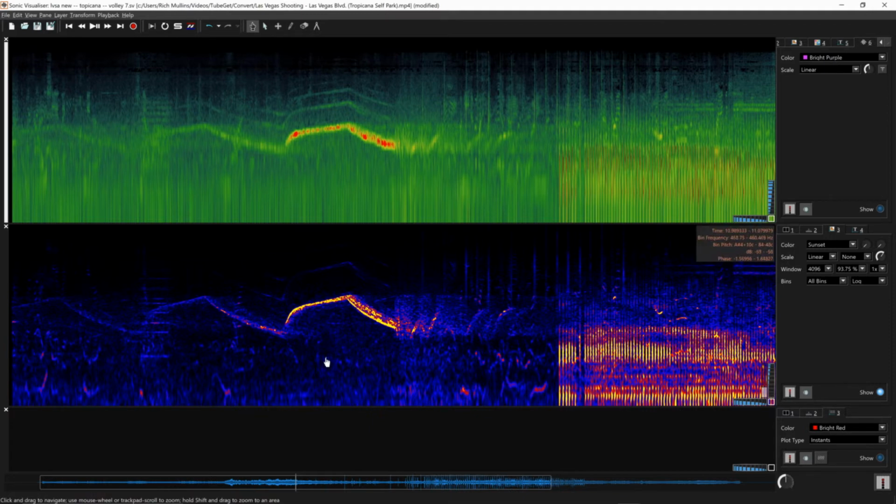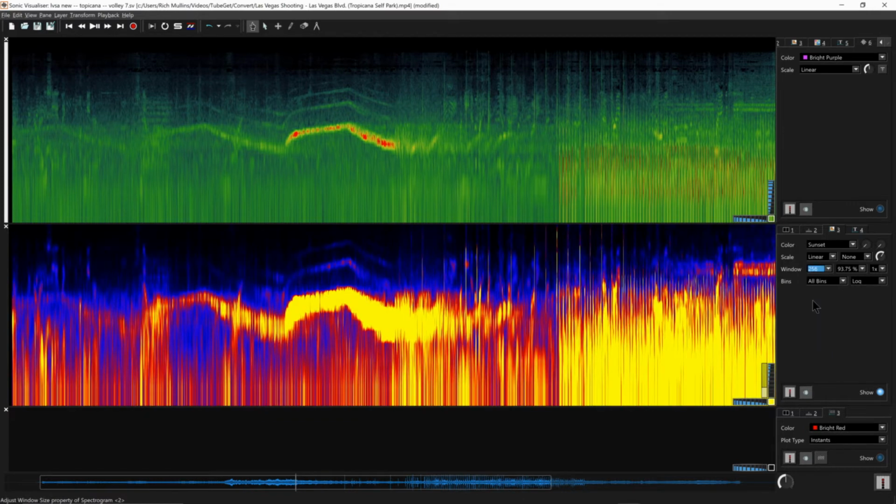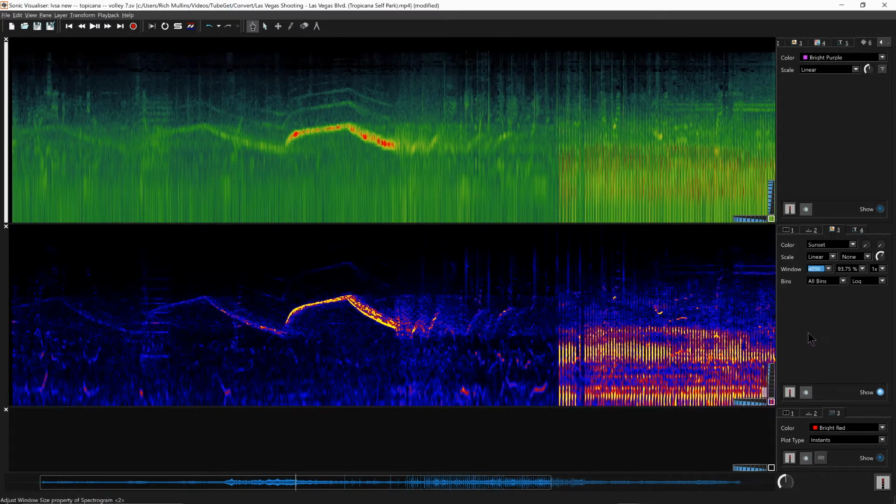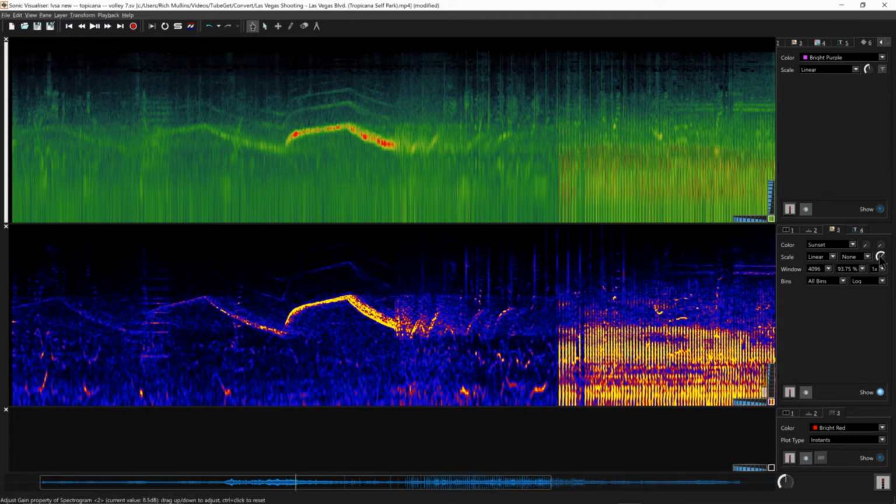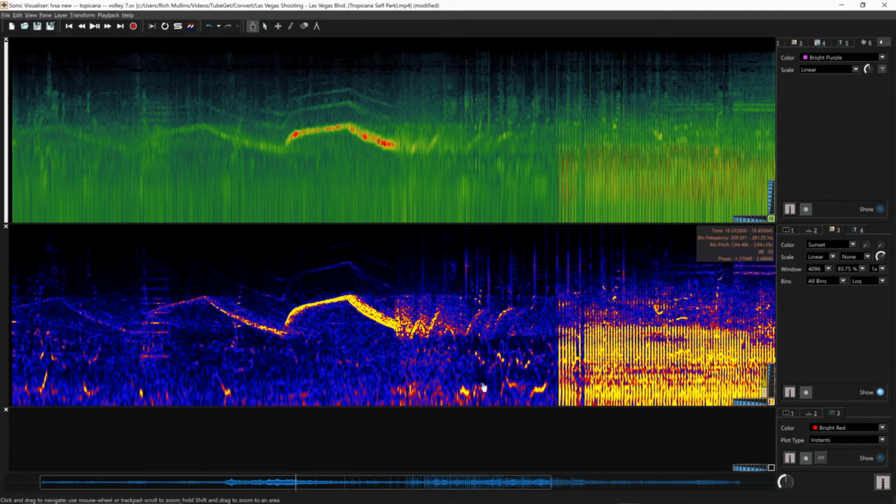If you have a large window, you get a very accurate measurement of the frequency. If you have a small window size like 256, you get a very accurate time of when the signal changed, but the frequency becomes fuzzy, and so you have to look on both sides of it. So you look at the one where there's a high frequency, so we see, yep. And when we do that, and we up the amplitude a little bit on that, we can see a lot of different things here. For example,